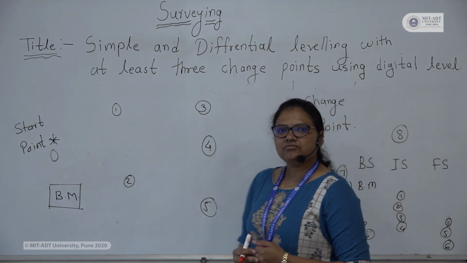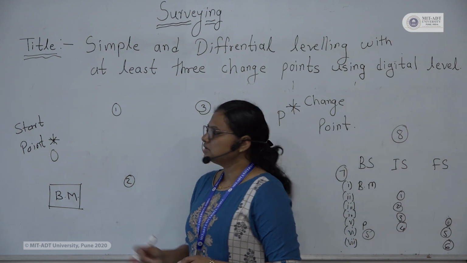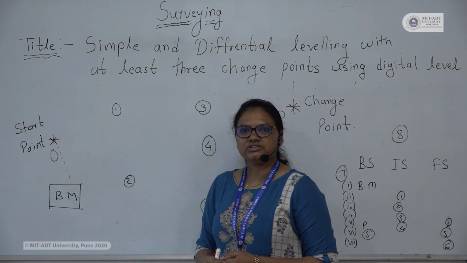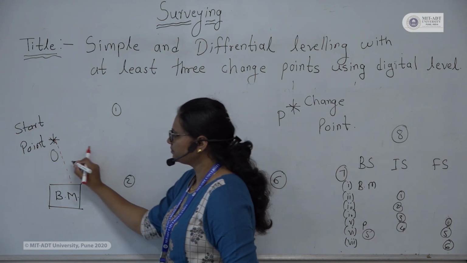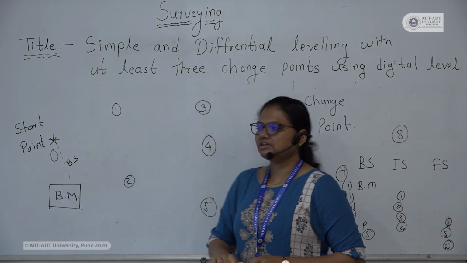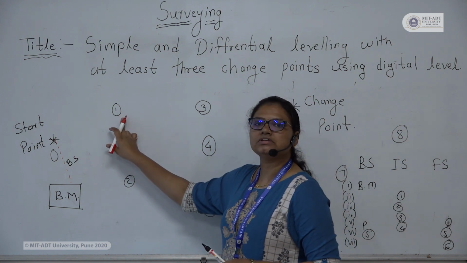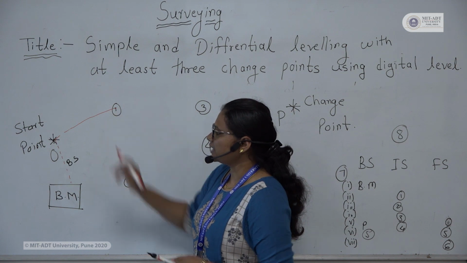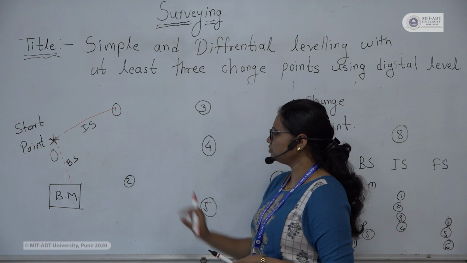So our first step whenever we are dealing with the surveying is to take the reading of the benchmark. So our first reading from this start point O will be of this benchmark, and this first reading I have to write in the column of BS, that is backside. Then after taking the reading of this benchmark, we will take a second reading which is of this first point, that is the first object point. So this reading will come in the column of IS,